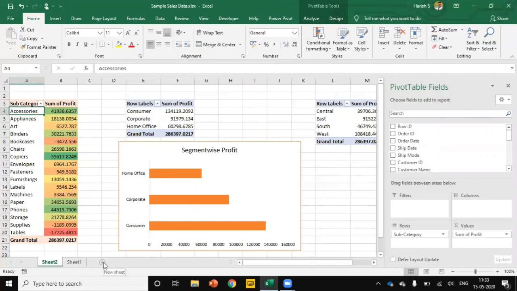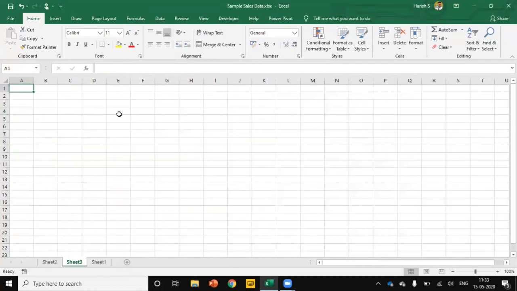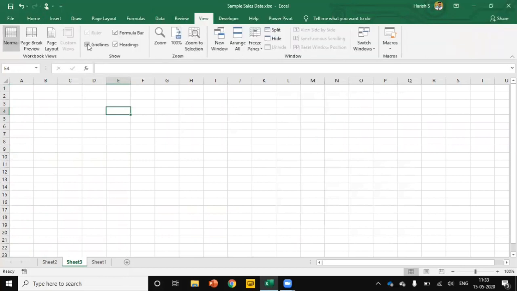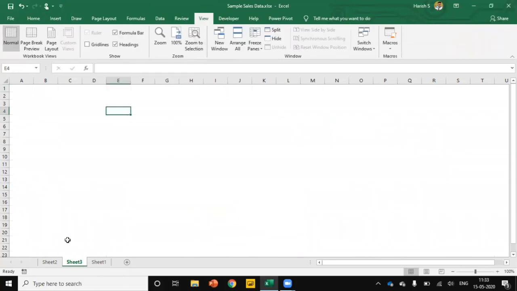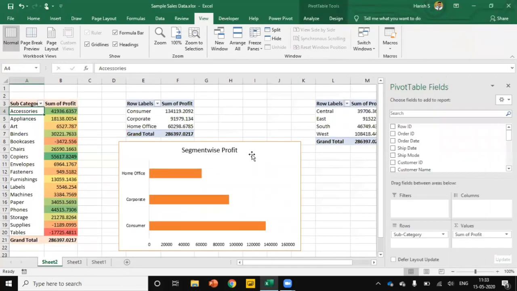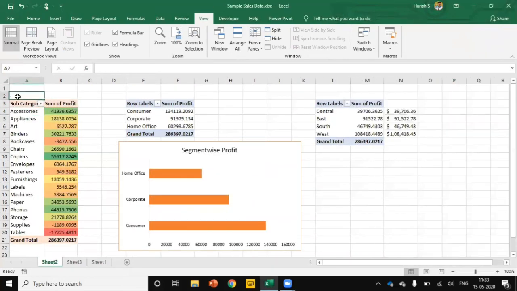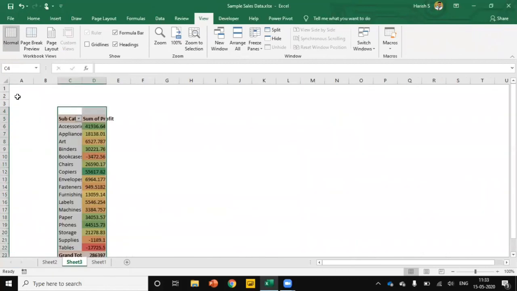So I'm going to create a new sheet. Go to the View tab, uncheck the gridlines, select this pivot table and then cut, paste here.